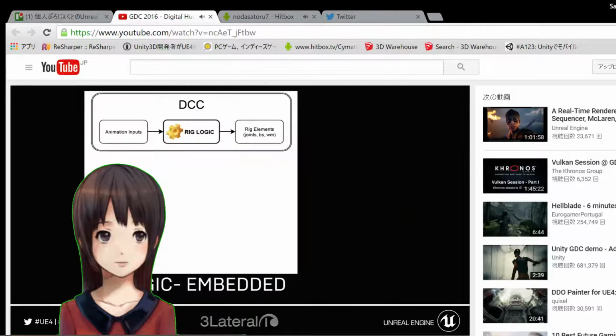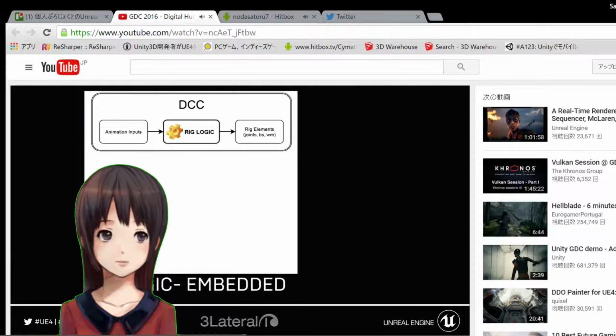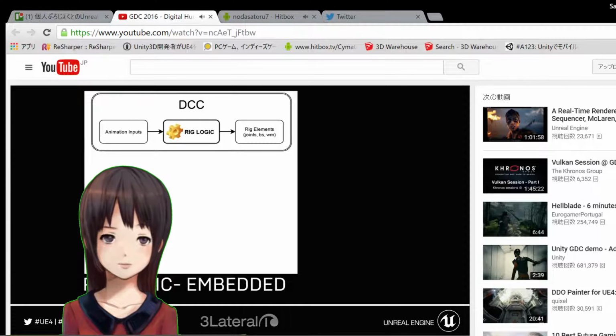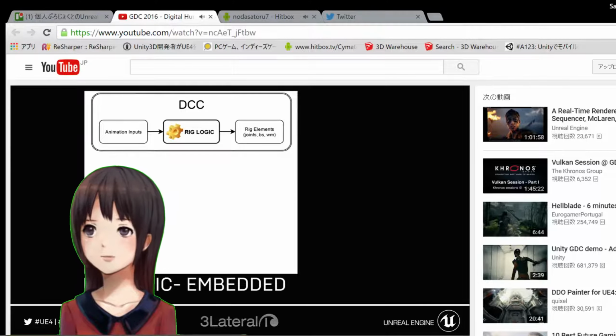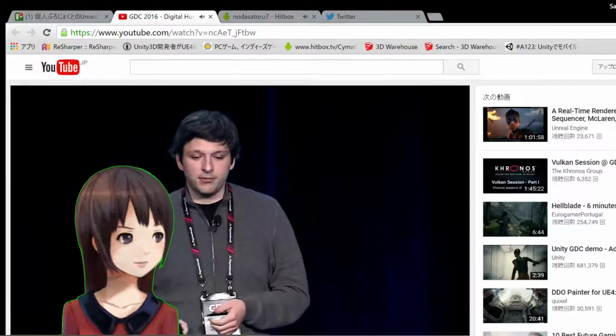Okay, so I wanted to talk about the rig logic. So we use Maya in our studio, and this is how it used to be. So we had some animation inputs, which could be coming from anywhere. Then they're talking to rig logic, which is then talking to rig elements, and it's telling them what